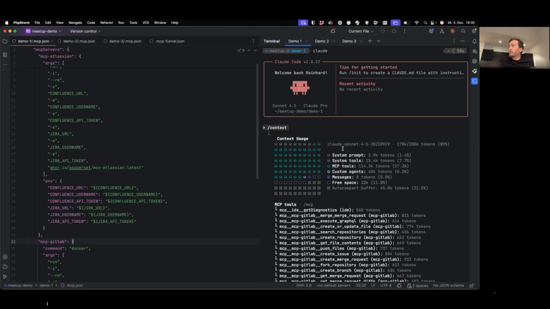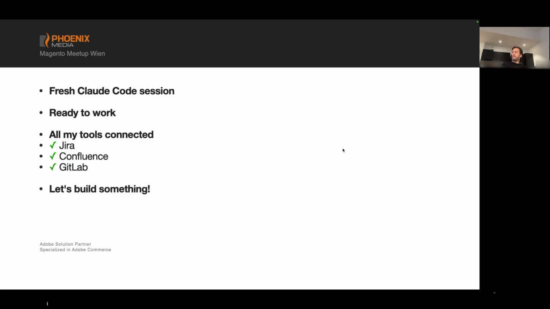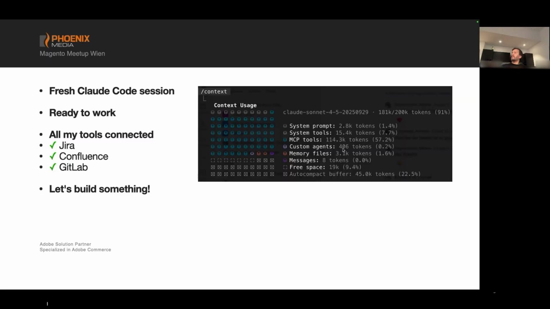And that could be very frustrating, and we will see why in this case. So again, in this case, 91%, and almost my full context is gone, and I haven't even started with anything. No code, no prompt, nothing.